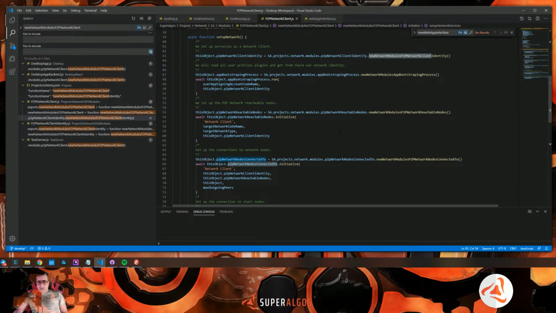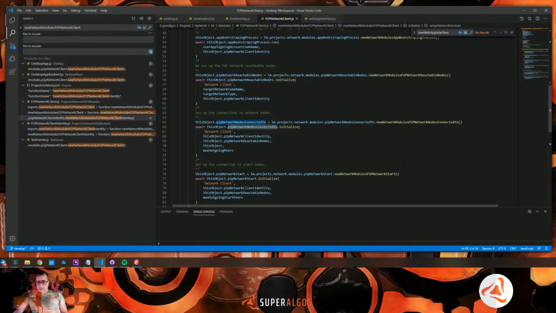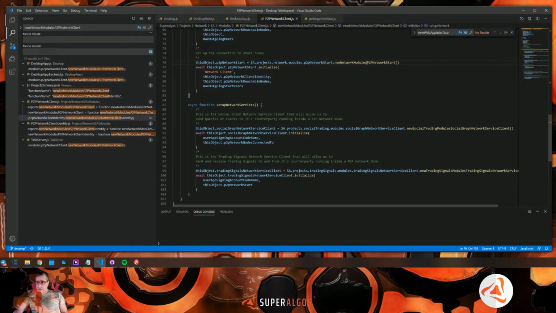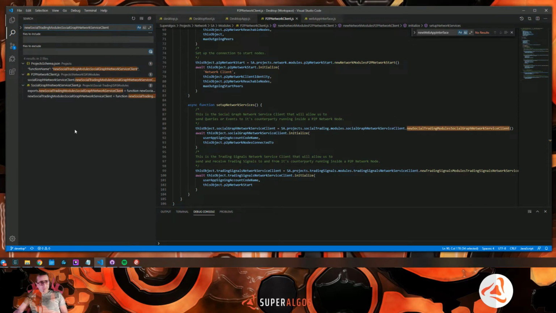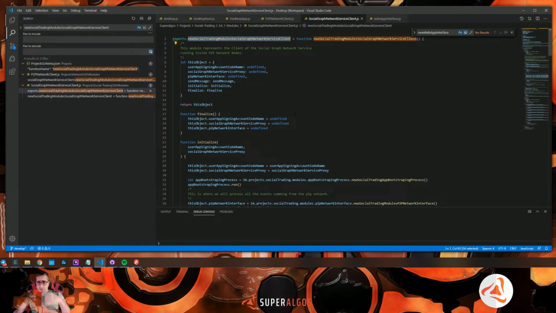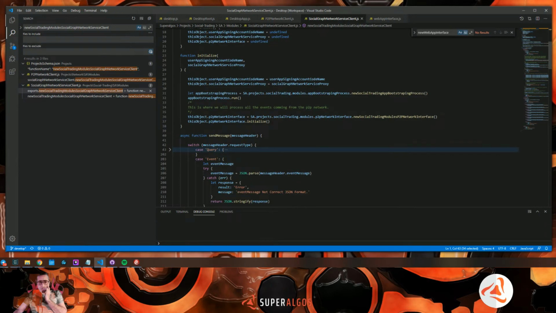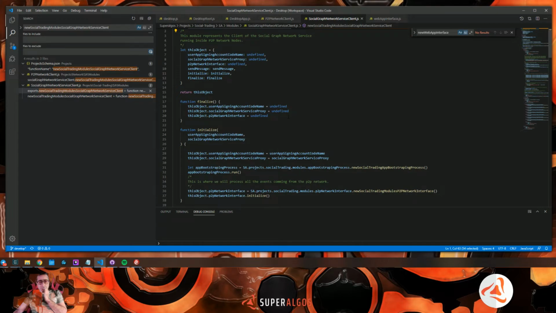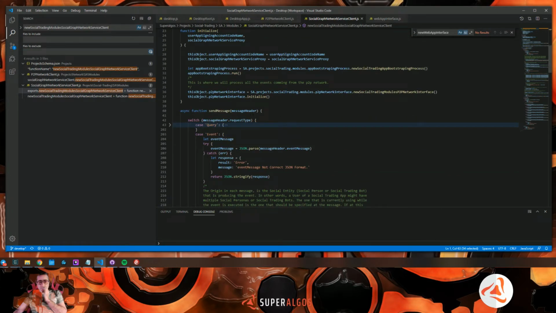The only thing that I'm going to get into, because all this I already explained and this is enough explanation of what I made, are these guys. For example, the social graph network service client. Okay, let's get into that one. So the social graph network service client, what we have here is when we receive this guy,